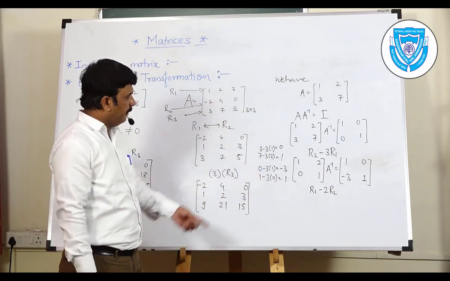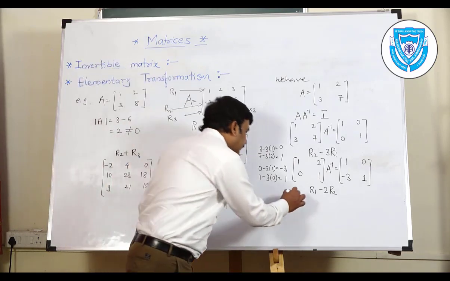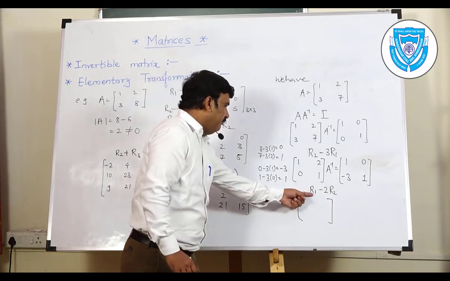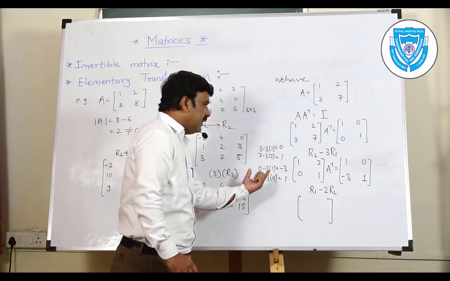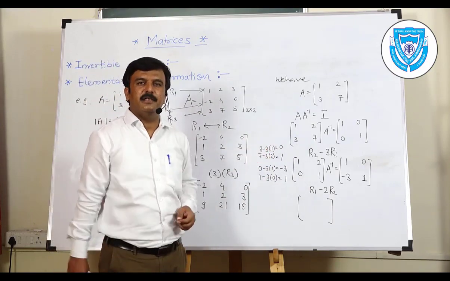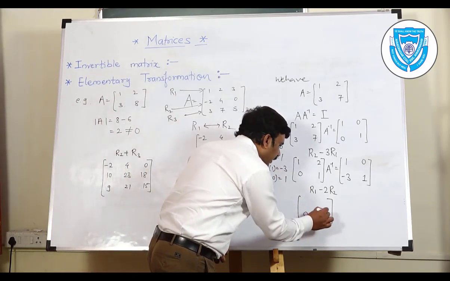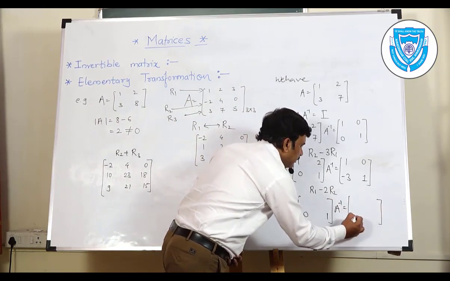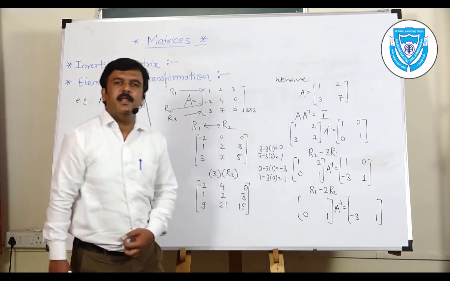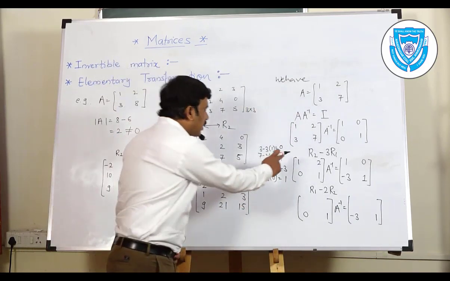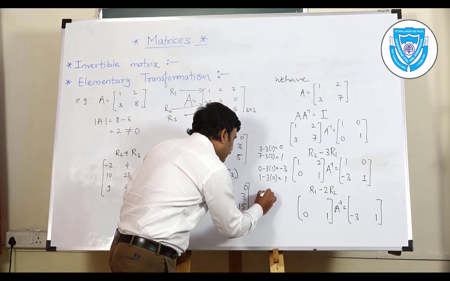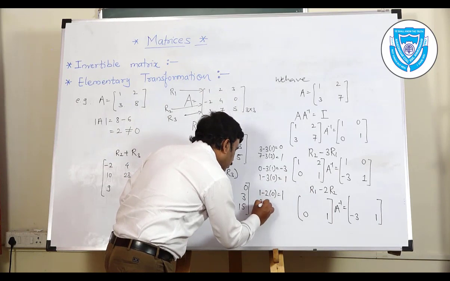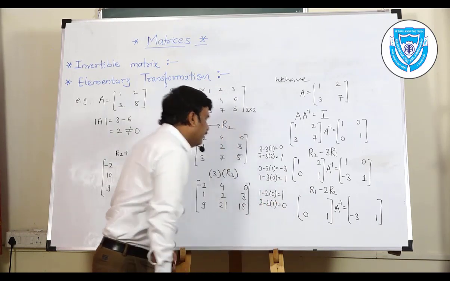Let's see what happens after performing this operation on the left hand side. While performing this operation, we know the second row at left hand side as well as right hand side will remain as it is. So the elements are 0, 1, into A inverse, equals, at right hand side, the second row will remain as it is. Let us perform the operation: 1 minus 2 times 0, which is equal to 1, and 2 minus 2 times 1, that is 0.